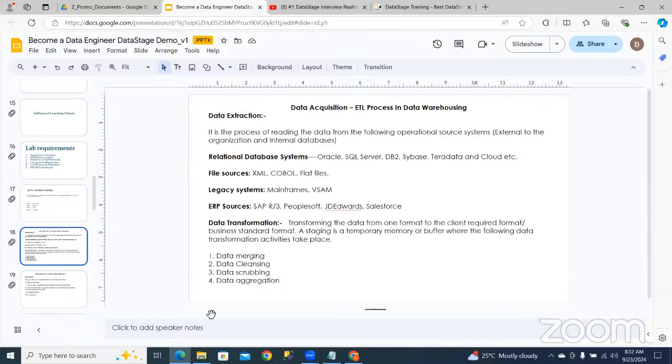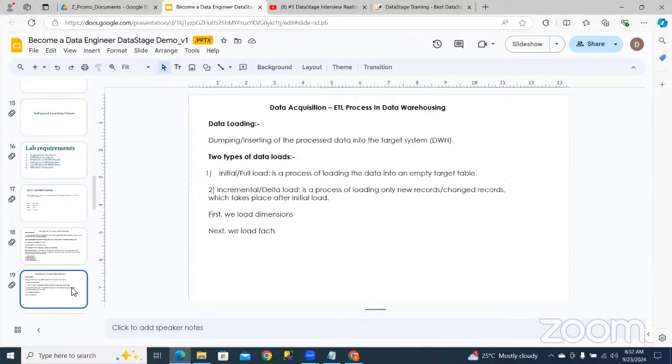So to build a data warehousing application, what do we need? We need data. This process is called data acquisition. In data acquisition, it is classified into 3 categories: data extraction, data transformation and data loading, ETL.